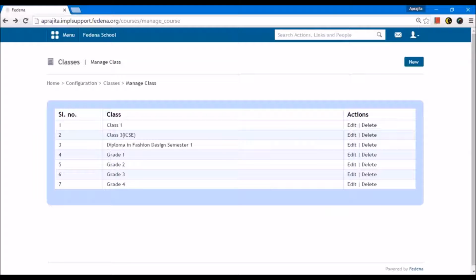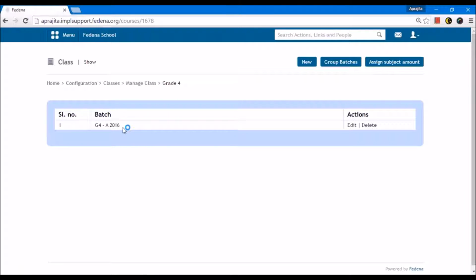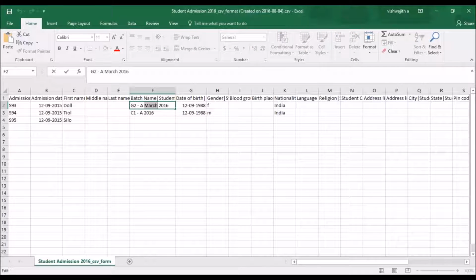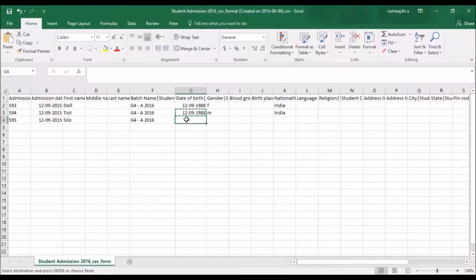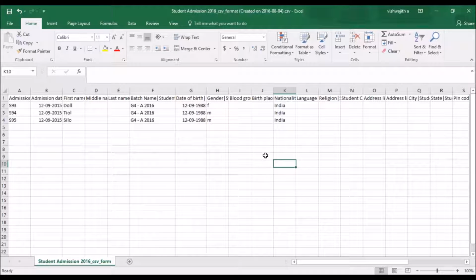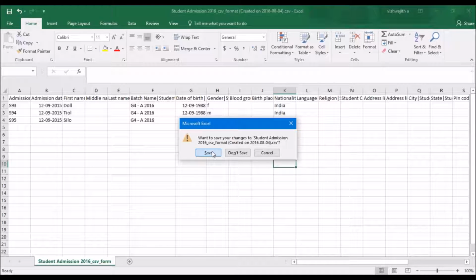Now to give the batch name, I'll check FEDINA. Here, this is the name of the batch where I want to admit the students. So I'm entering the same. It has to be exactly what you see in FEDINA. Date of birth can be entered. The gender, I have entered the mandatory fields here. And some identification marks. Now these are the mandatory fields that I've entered. I'm going to upload this file now.